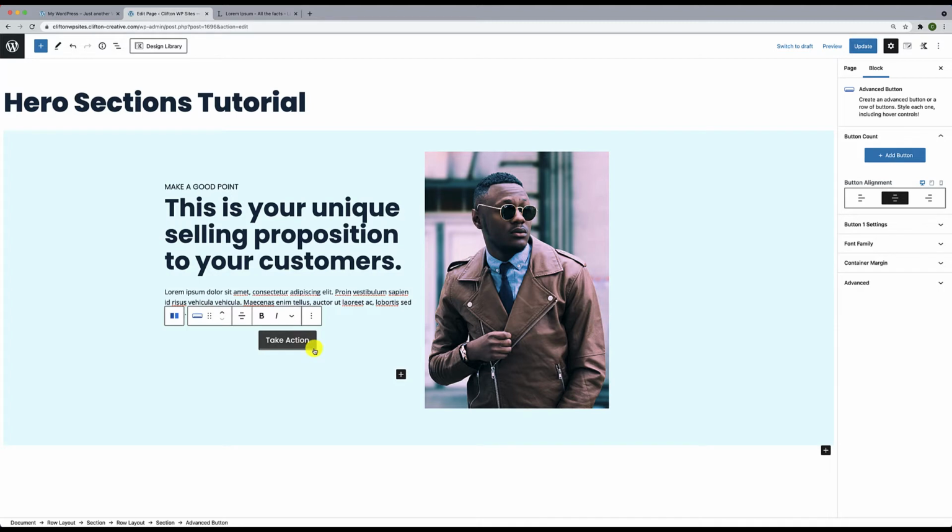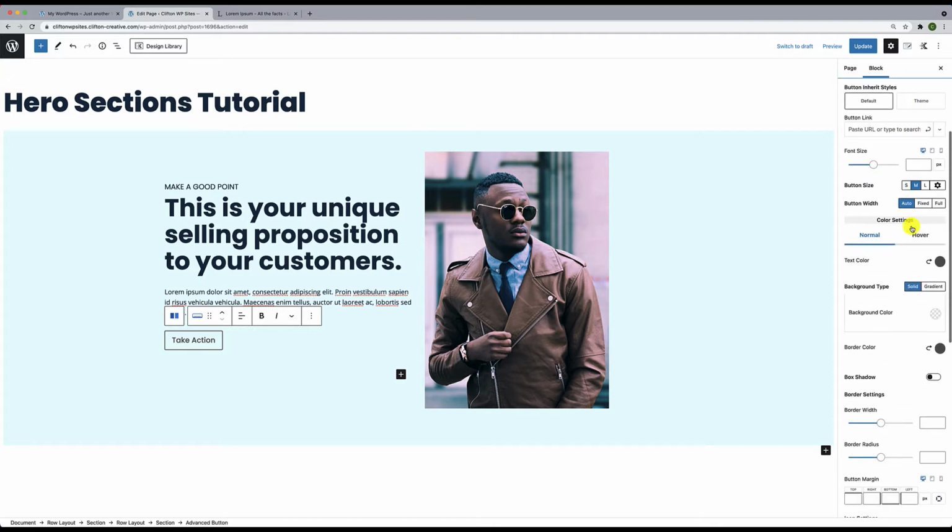Now, when you select the button, there are some settings. So we have the quick settings over here, and then we have some deeper settings here on the right. Okay, so one thing that I want to do is just modify it here from the right. So the button alignment, I want this aligned all the way to the left. Okay, and then right here where it says button 1 settings, you can open that up and you'll see more